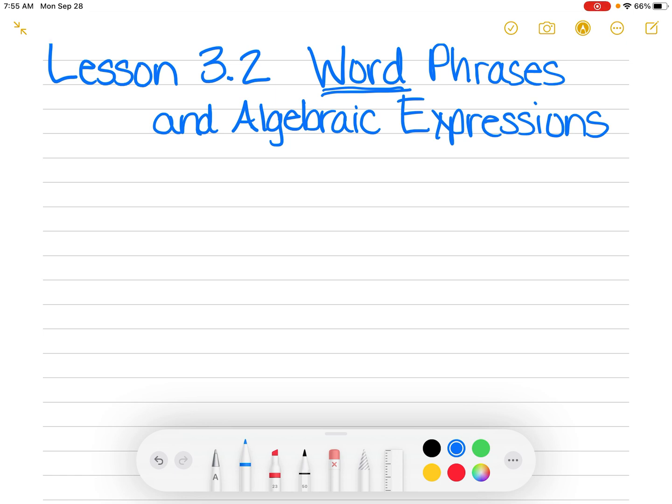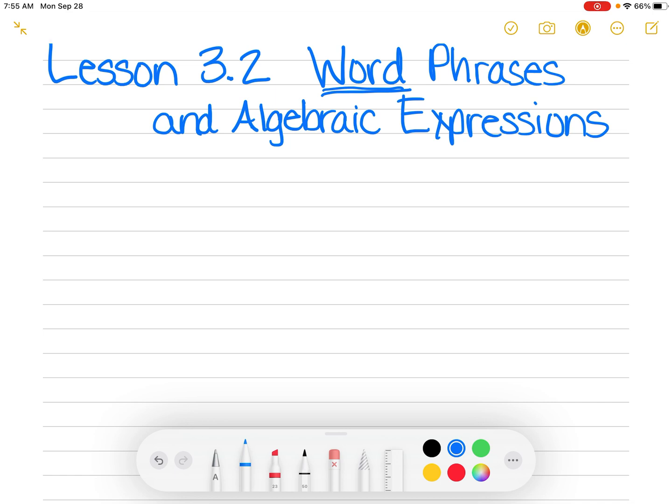So make sure that you have this title written down, and some of the examples today I have already written down. So when I get to those, you can hit pause so that you can write down the problems. Do not just leave it blank in your notes. I don't just want answers in your notes. I want to see the words because those are important today. Okay, so let's start with some actual words that you need to know what they mean